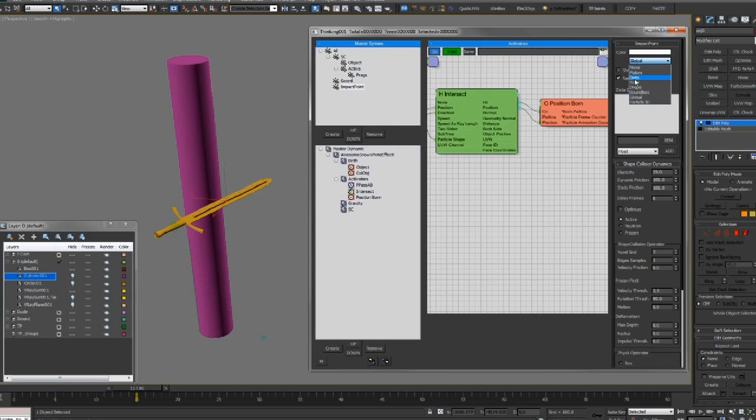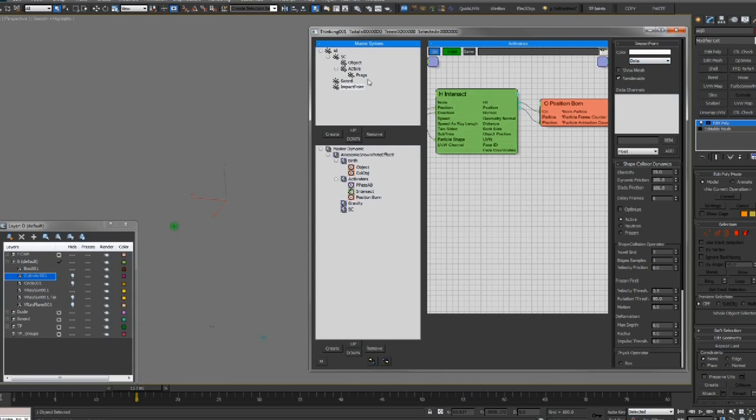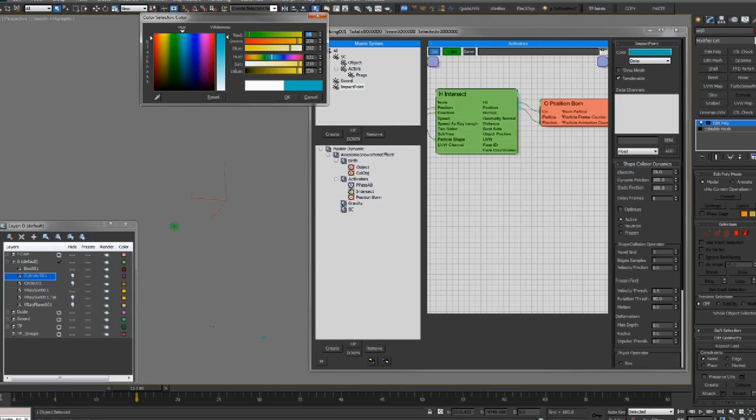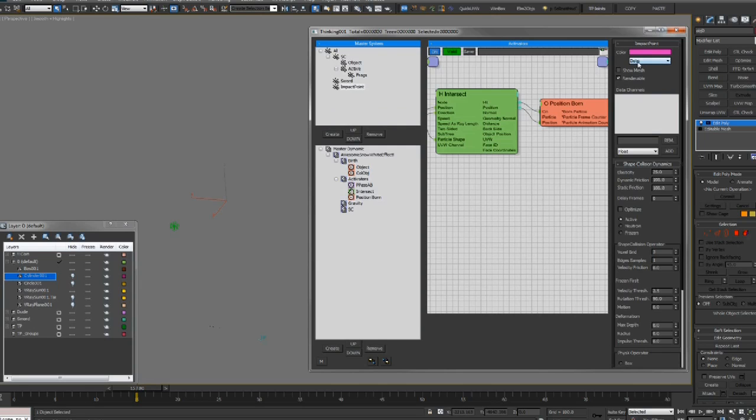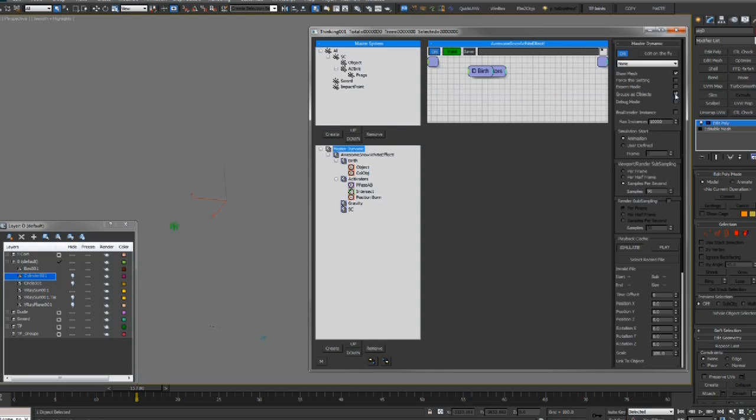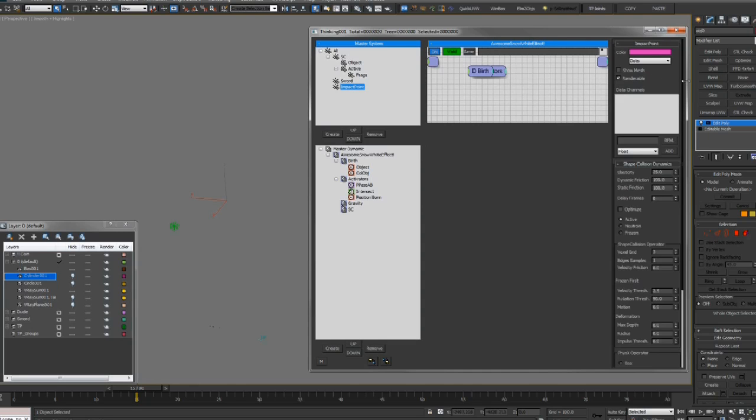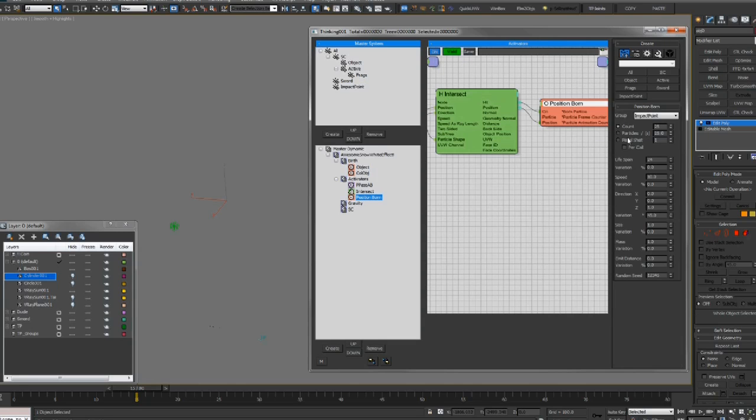We want to make sure you have this, change the color to something, and then make sure you got it there if you don't have forces setting on or off. Alright, hope that makes sense. Anyway, okay, so